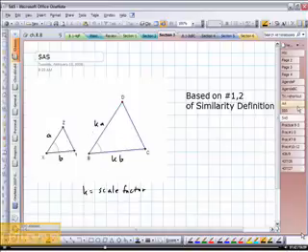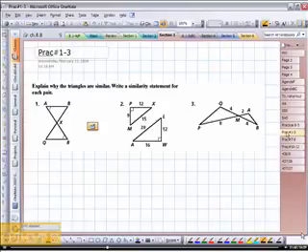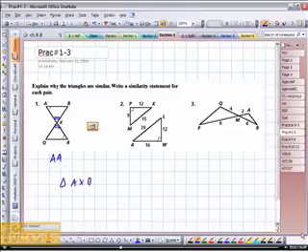So here are some sample problems you can do with this. Explain why the triangles are similar and write a similarity statement for each pair. Again, in the similarity statement, the letters have to be corresponding. We know that these two angles are vertical, and so these are similar by AA, and we can say triangle AXB is similar to triangle, where A goes with R, and X goes with X, and